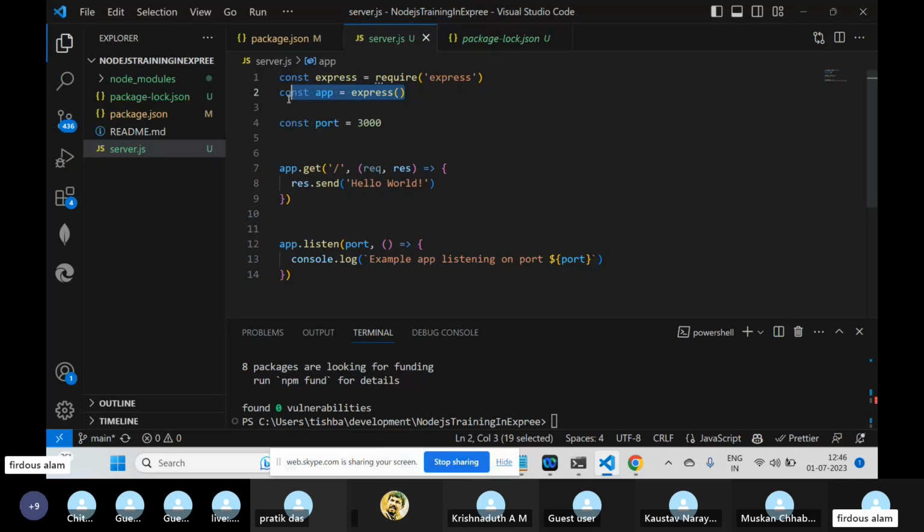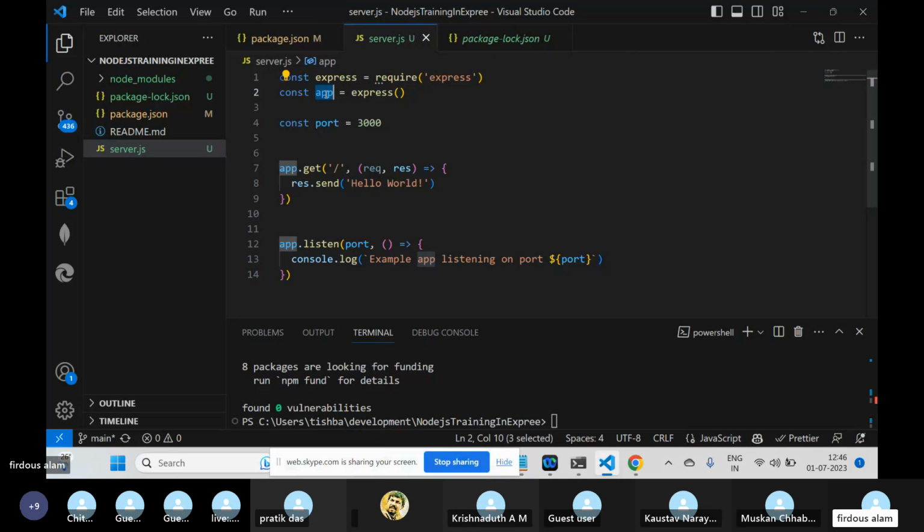Whenever we hit the server, the request first comes here, and through the constructor we can do multiple things, like adding middleware.